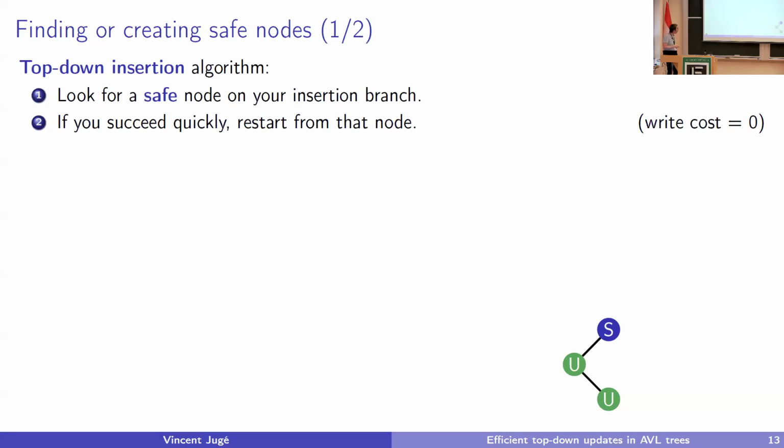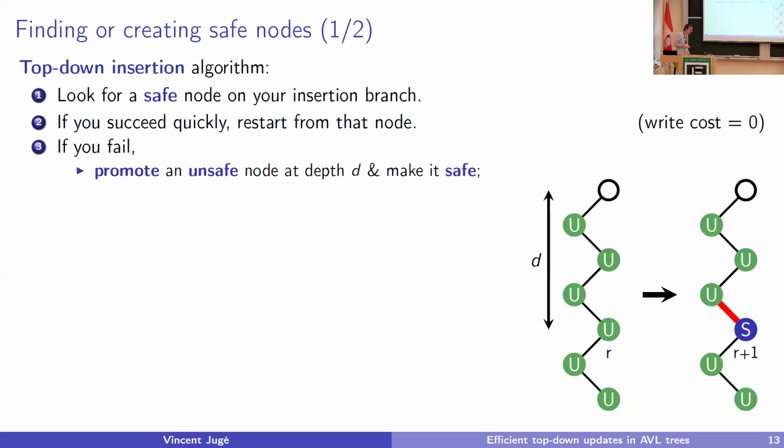However, if I was unlucky, then I need to do something because maybe there is no safe node at all. I don't know. And I want to have a top-down algorithm. So top-down algorithm, it's a bit less idealistic than what I presented to you before. I may have a lookup. It means that I'm allowed to look at D levels below me. And in particular, when I have several processes at a time, they manage to never look at the same area because it might change. But it's a detail. And so imagine now, I have a really, really large bunch of consecutive unsafe nodes.